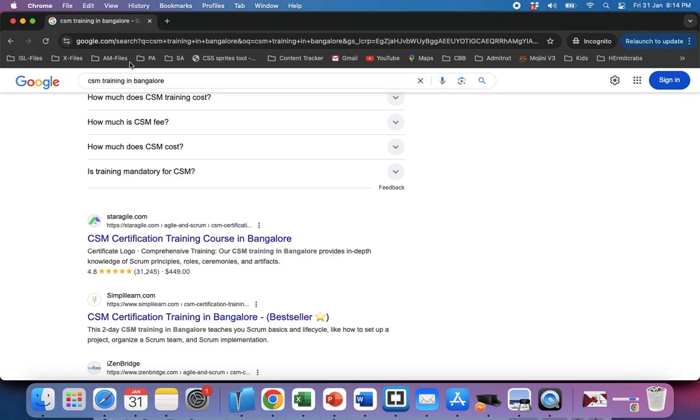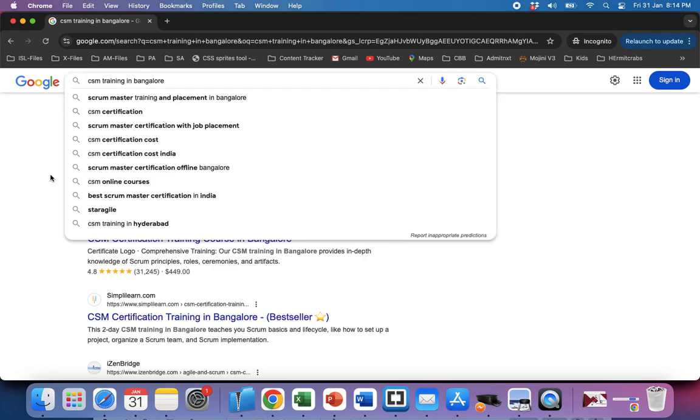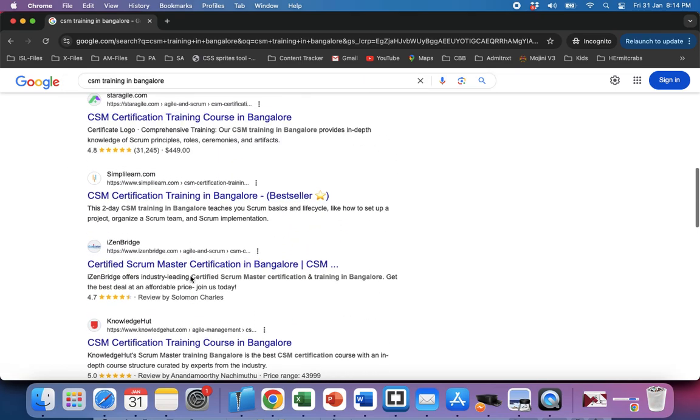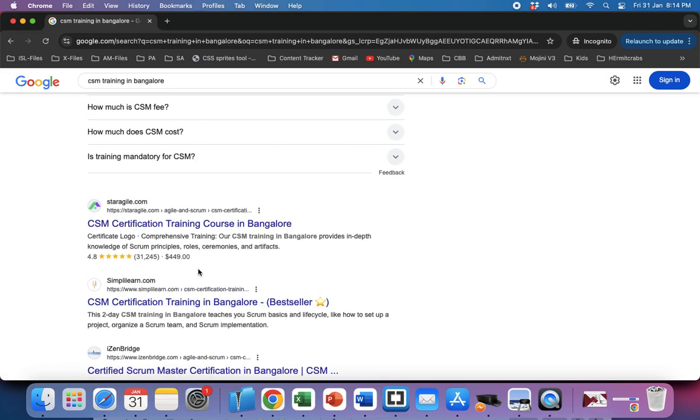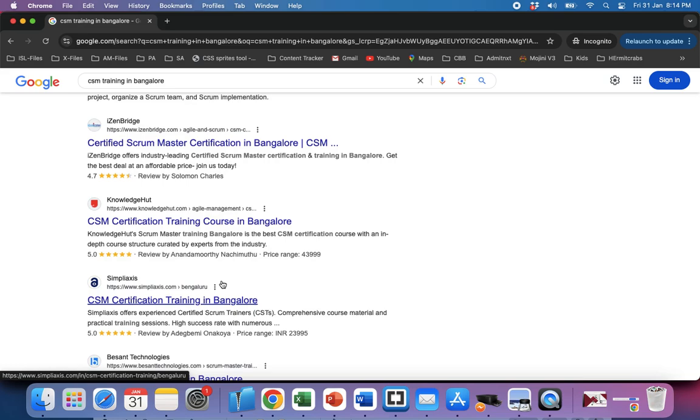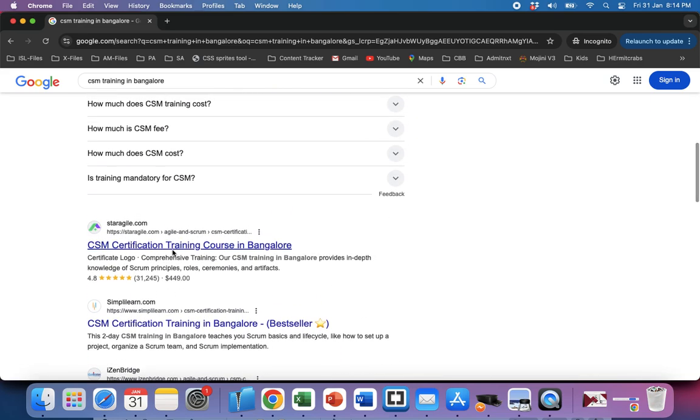So now when people are searching CSM training, probably 100 searches must be happening every day. All 100 people are seeing all these websites, but only a small portion of them, not all 100, are going to click on Star Agile or Eisenbridge, correct? That splits across. Now if 10 people are clicking out of 100, it is 10 clicks divided by 100 impressions, into percentage, the CTR percentage.